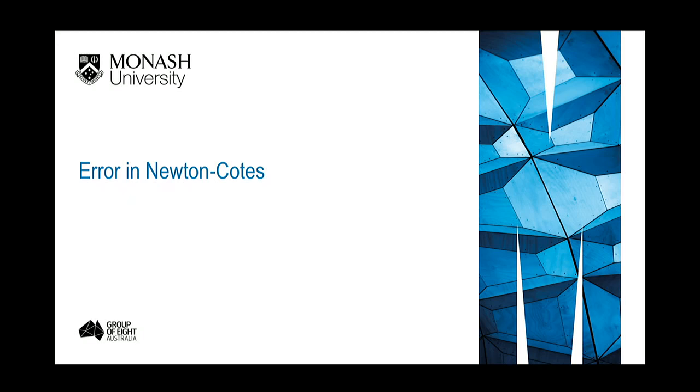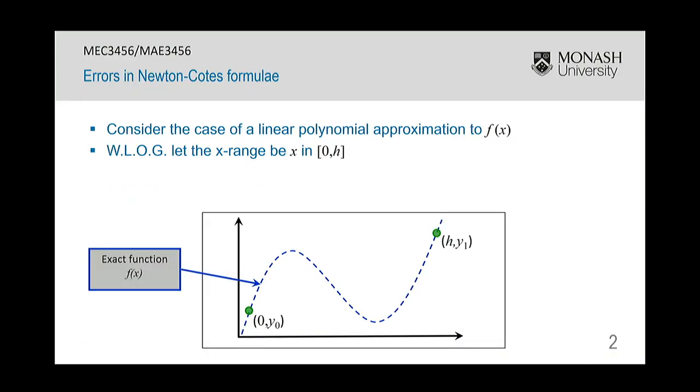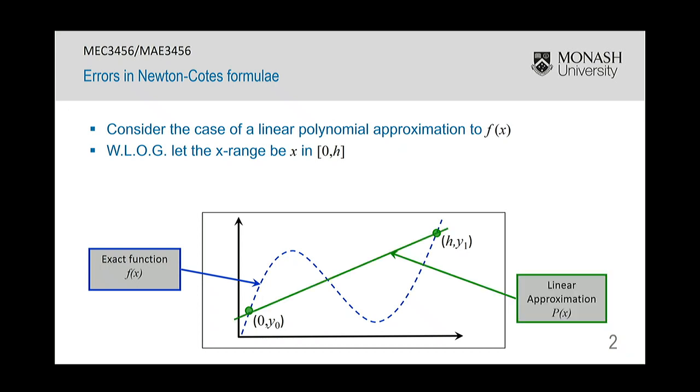In this short video we're going to look at how to derive the error in a Newton-Cotes integration formula. The way in which we'll do this is to consider the case of a linear polynomial approximation to f of x. So if this blue dashed curve here is our exact function f, we're going to look at what happens when we fit a linear approximation p of x, that's the green line